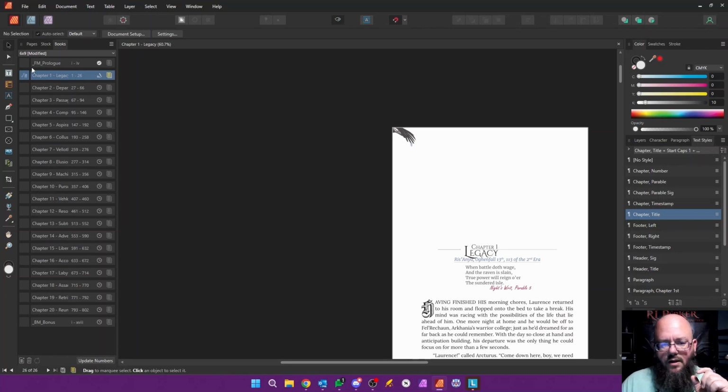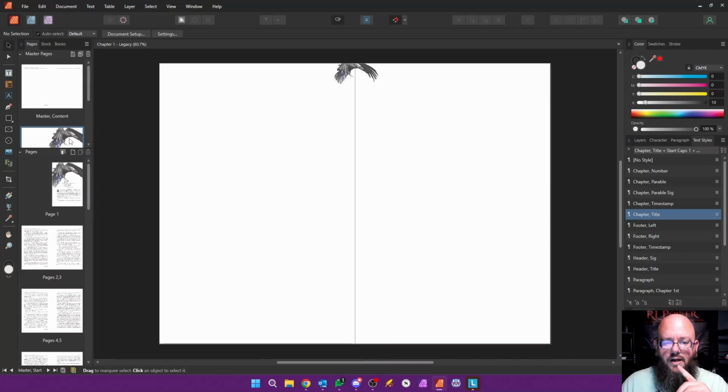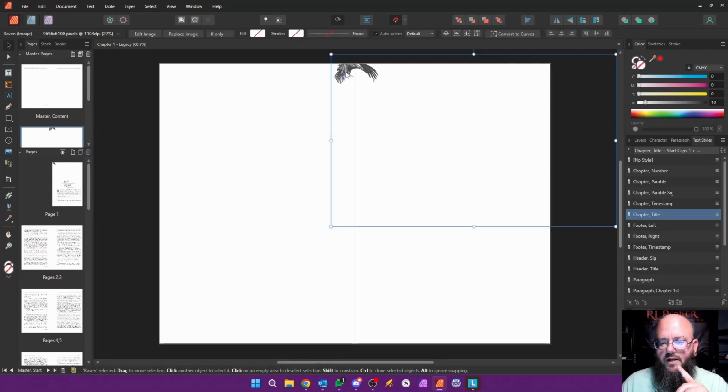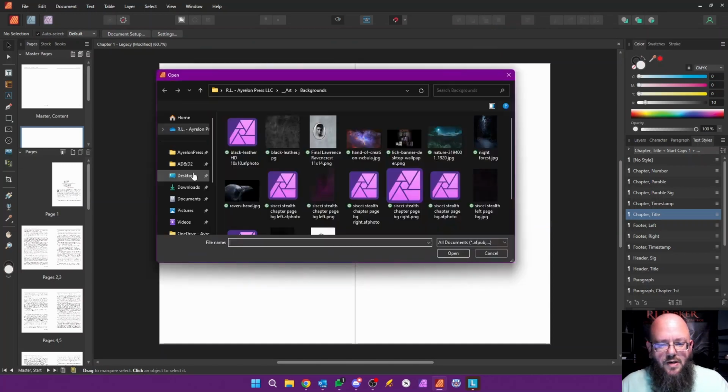So I can go into it, but you can see I double clicked on Legacy and it opened. If I go over to Pages, now I can see it because it was hidden behind everything else. And see what he did? This is the funkiness you can expect from some images. But now you'll get to see how I add images to chapter headings,